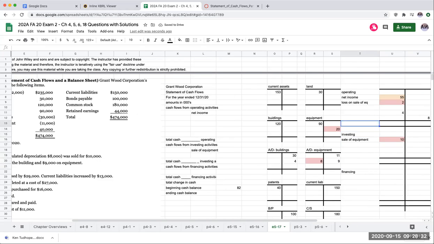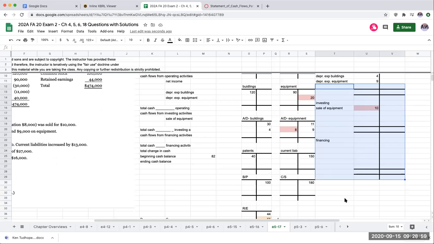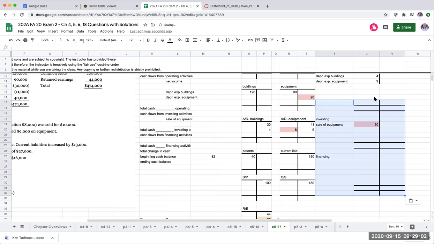What I do here is I'm going to be doing the opposite to cash. So this is going to be depreciation expense buildings, depreciation expense equipment. And as I'm looking at this, I will definitely need more room. So these will show up as debits. I'm doing the opposite to cash. I add back depreciation to my cash flows as it doesn't have an impact on cash. Okay, so that was number 3.